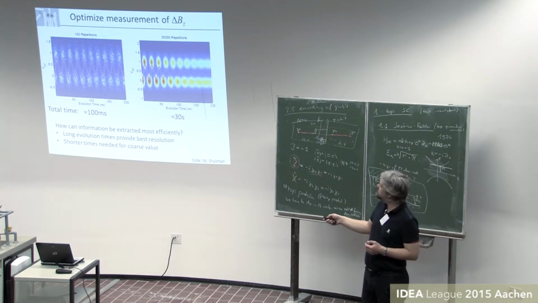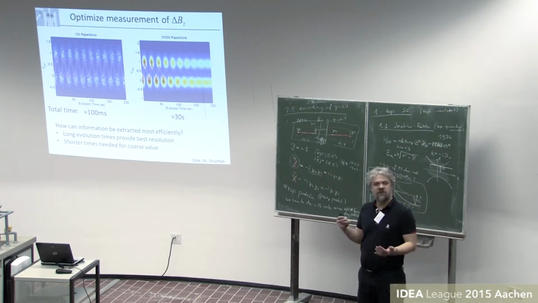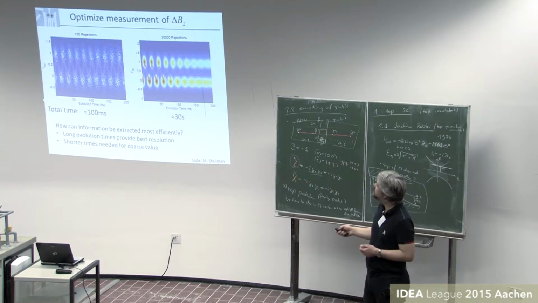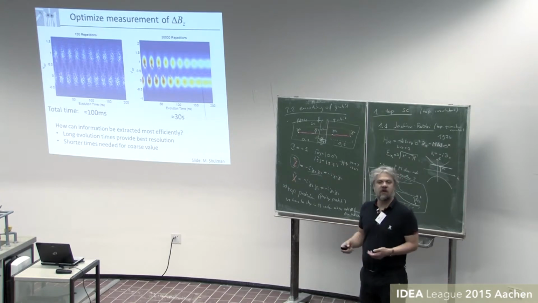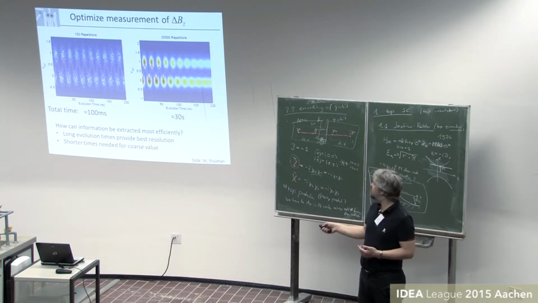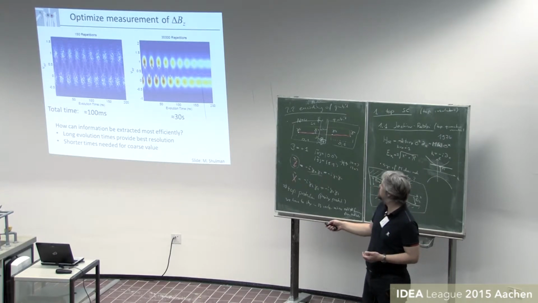Then the y-axis is the readout voltage of the single-shot RF readout, normalized to standardized units. And the color axis tells you how many counts you had at this particular evolution time and this voltage. And so you see here with 150 repetitions, so 150 points in each slice, you start in